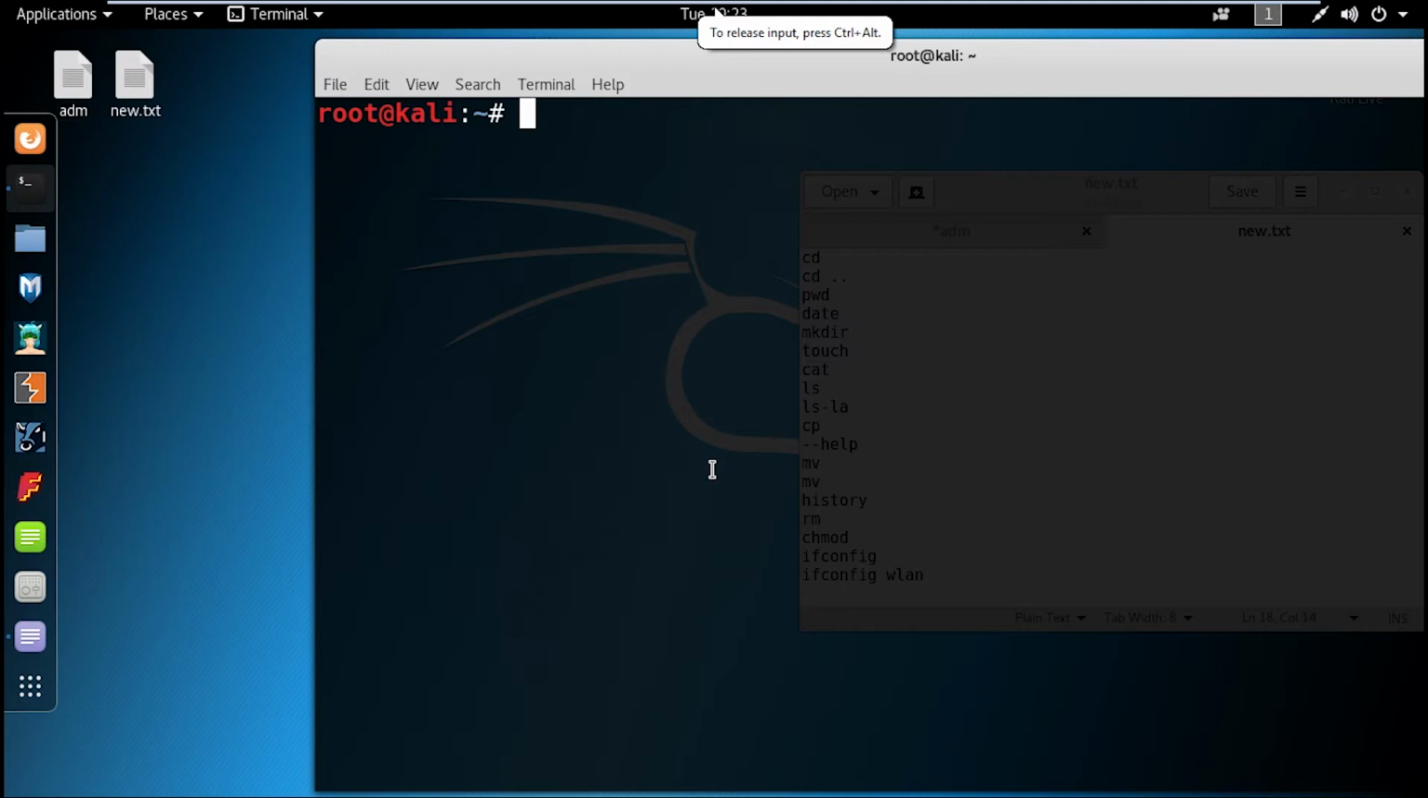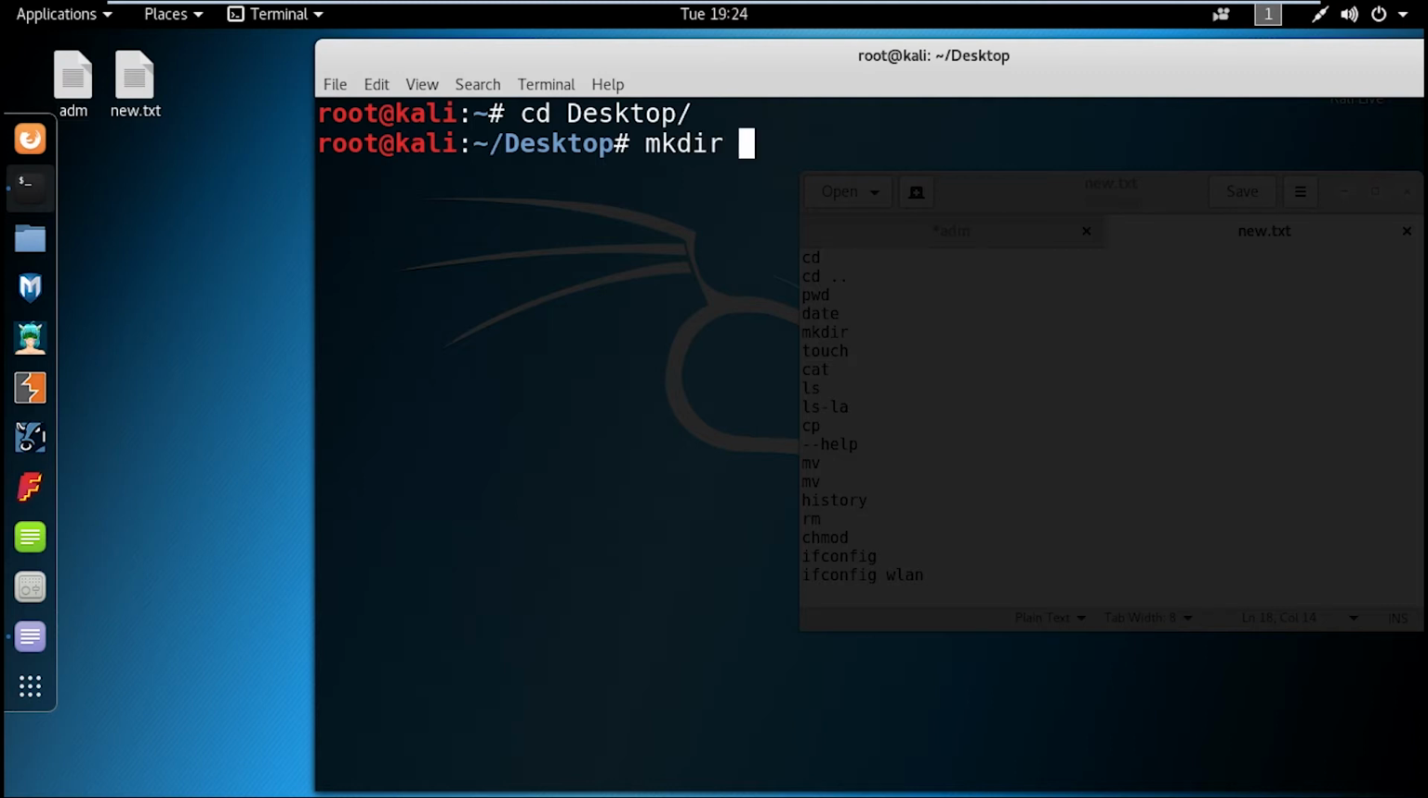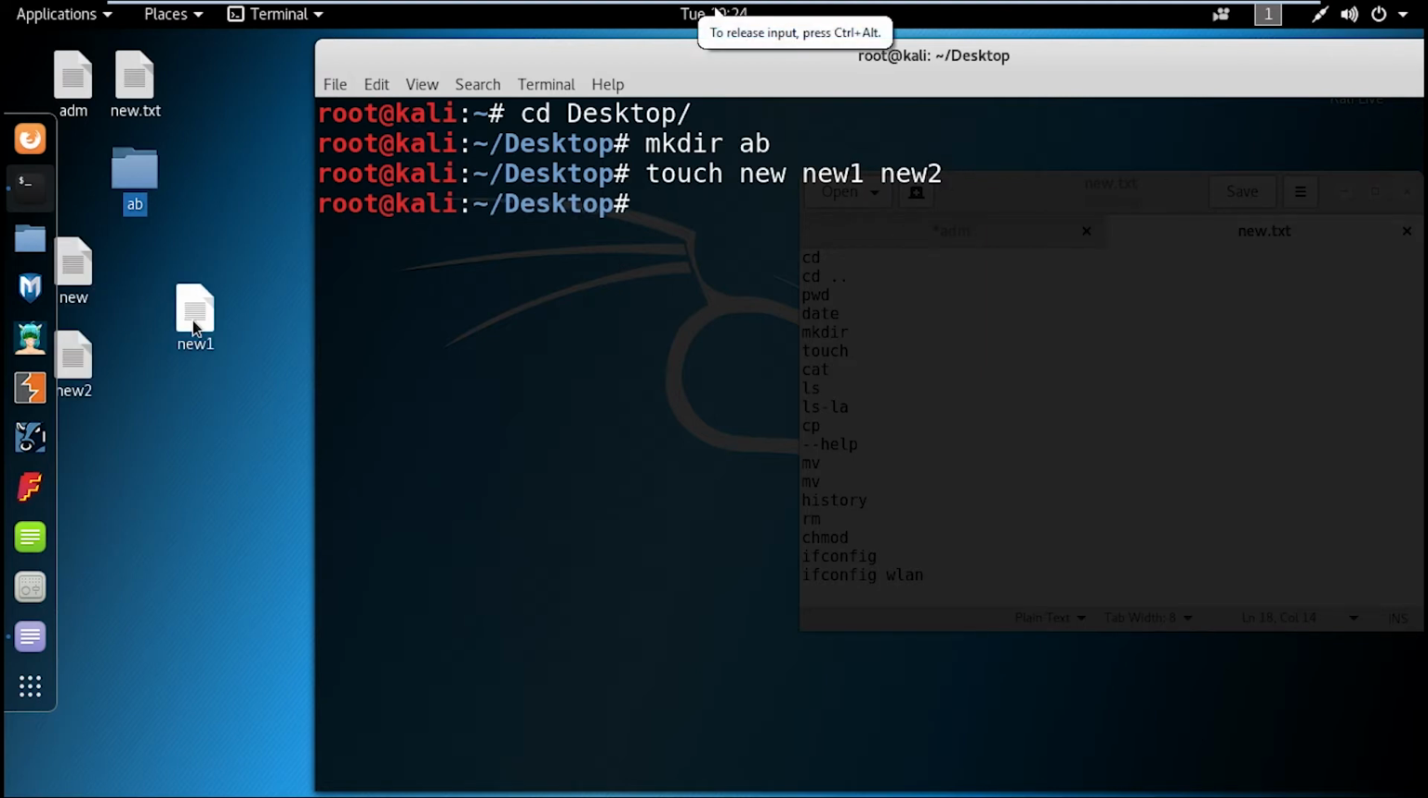Now if I want to make a new directory on my desktop, first I will go to desktop, and then I'll be using command mkdir, that is make directory, and give a name to it like ab. So here I created a new directory, and now if I want to make a new file, I will be using touch for it, and then I will give the file name. You can make multiple files like this, like I'll be giving new, new one, new two, and something else. So there we have created three files,